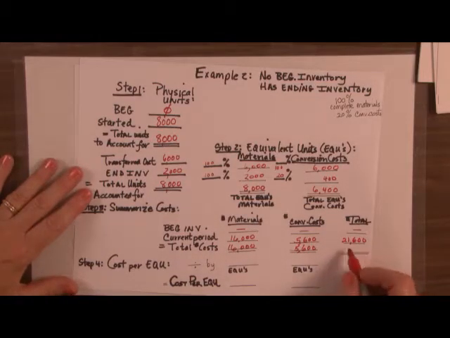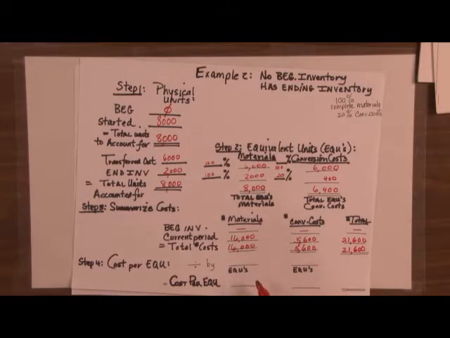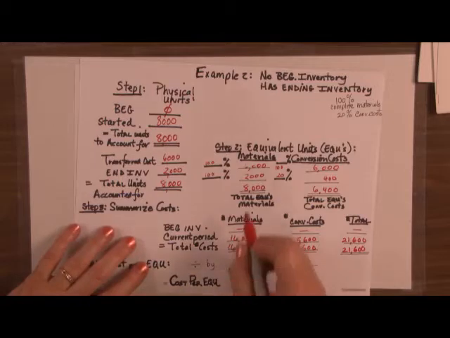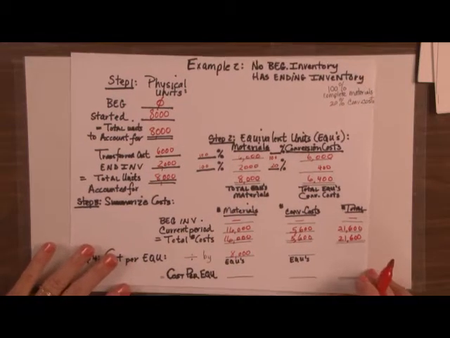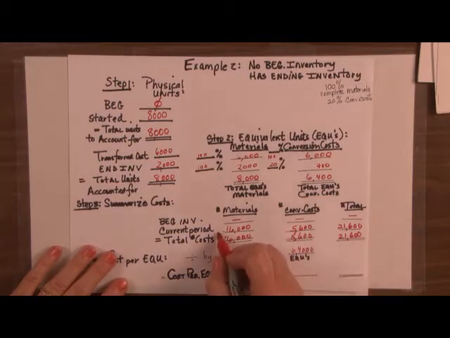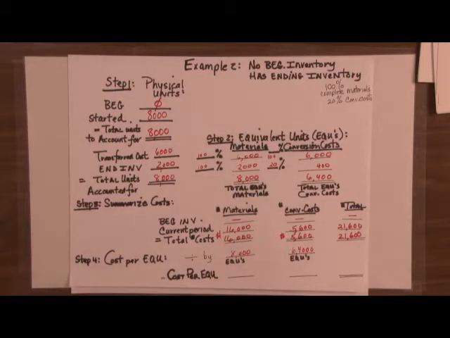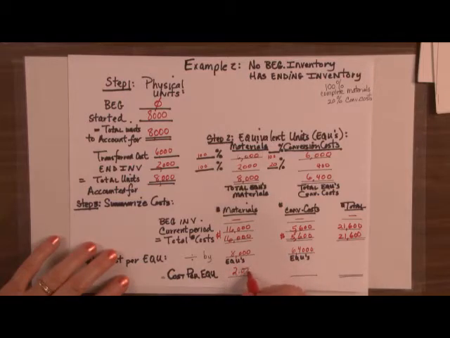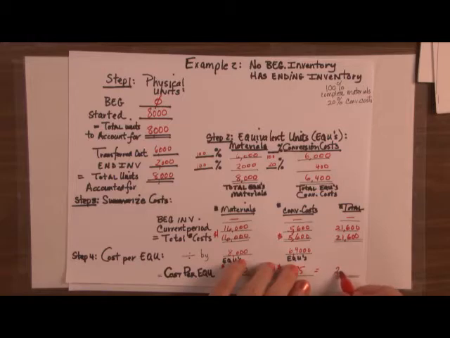Okay. So again, in this type of problem, you don't have to worry about any cost related to beginning inventory since there was none. All right, now what we want to do is to take these costs, divide by our equivalent units. So we bring down our EQUs, and we have 8,000, we had 6,400. And keep in mind, these are dollars, and these are EQUs. When we divide this, we get $2 per EQU for materials, 0.875 for conversion cost, and those two together, total cost per unit,